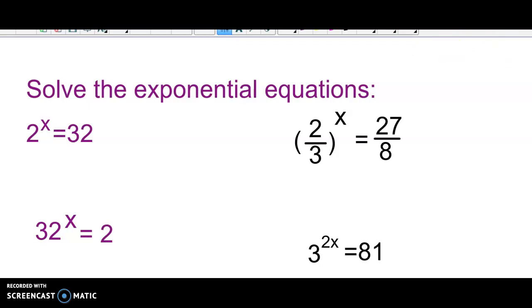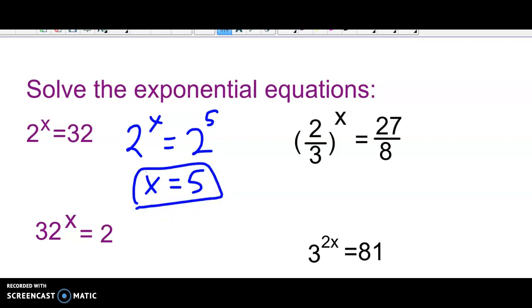Again, when you solve these, we did these a little bit in the previous video. 2 to the x equals 32. Well, I'd like to write 32 as 2 to a power. I might have to fool with that on my calculator if I'm not sure, but it's actually 2 to the 5th. So then once you have it in the same base, you can drop the bases and just say, okay, x